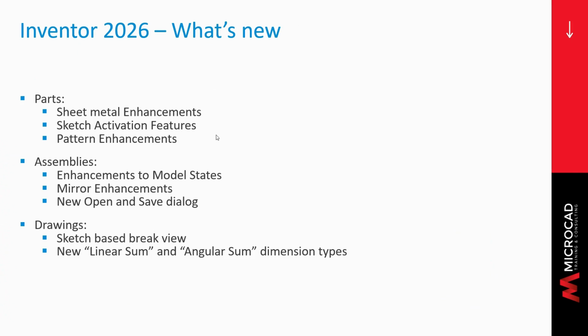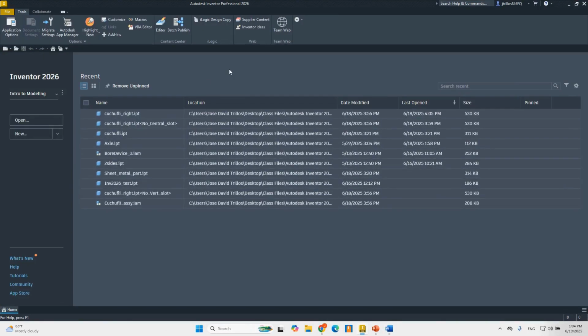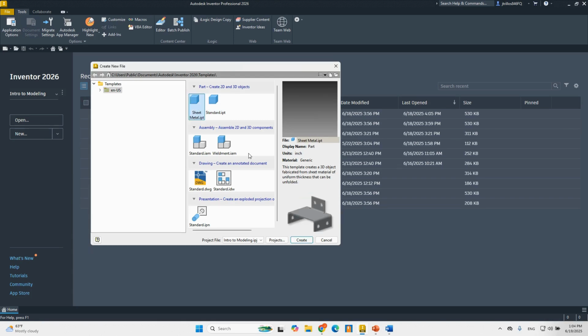Okay, so we get first sheet metal enhancements. Basically, what we get is a revamping of some of the tools, specifically the contour flange, the corner rounds, and the punch tools, right? So, first of all, now the dark theme is the default theme for Inventor, right? That's just personal preference, but I think it's a little more sleek, a little bit better, right? So when we're creating a sheet metal part,